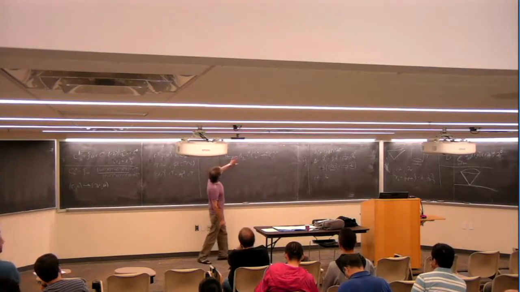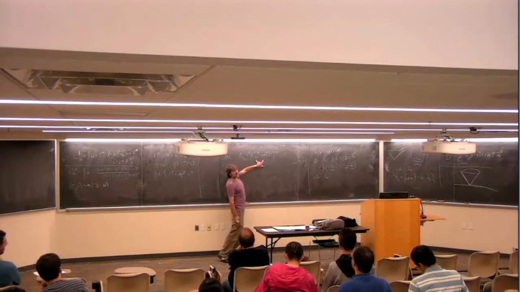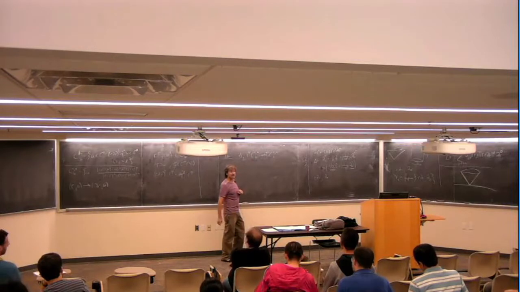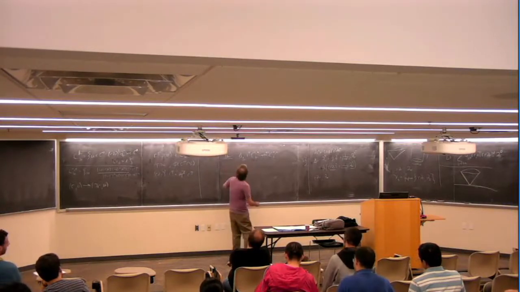So I've taken this Laplacian, and I let it act between weighted versions of these. When I write r to the gamma times this, all I mean is I take any function in this space, and I multiply it by r to the gamma. So just a weighted version. If gamma is positive, then it forces things to decay at some rate. If gamma is negative, it allows them to blow up at some rate. Okay, so the claim is that this is Fredholm